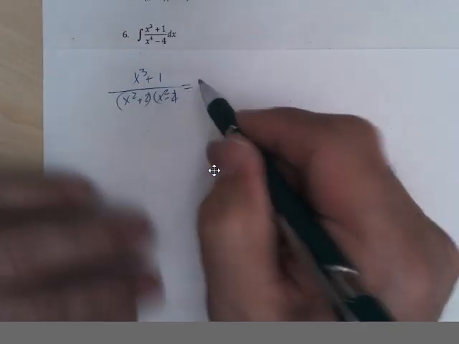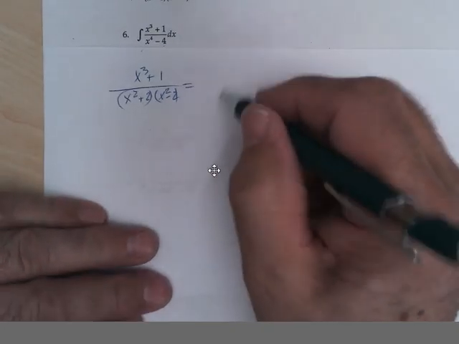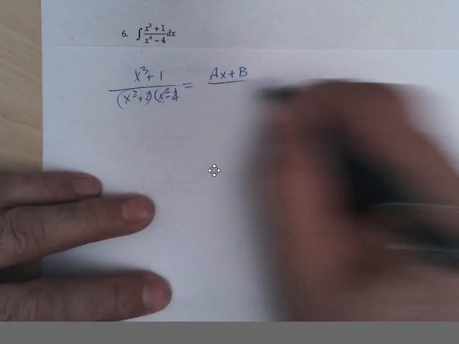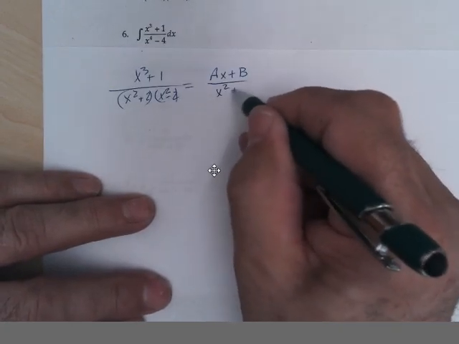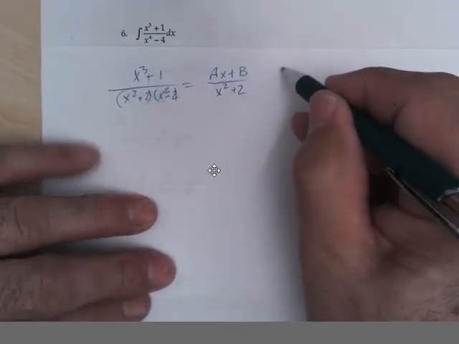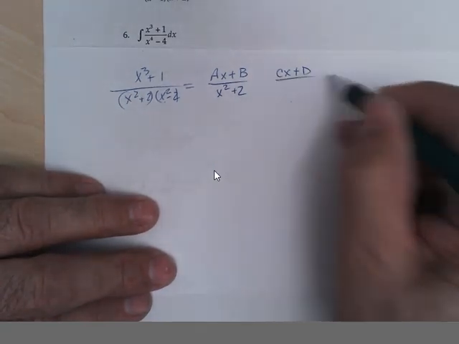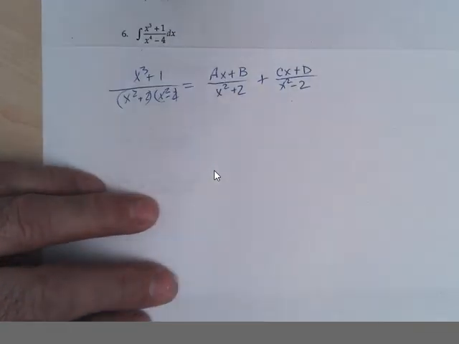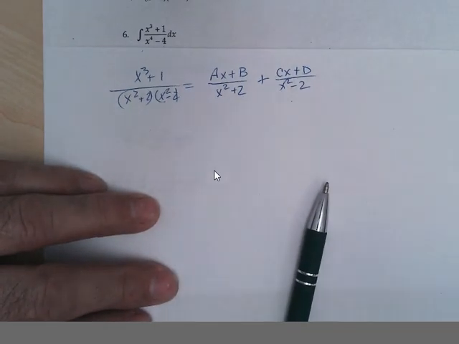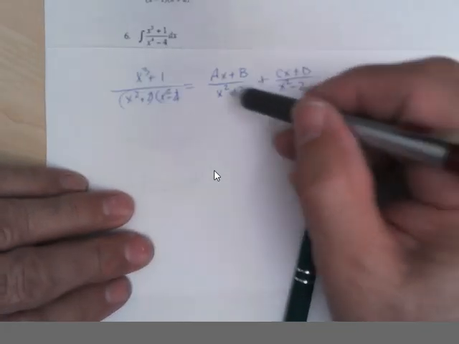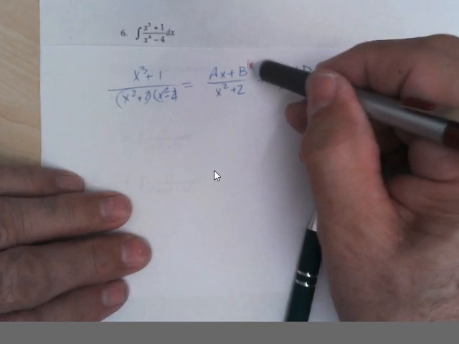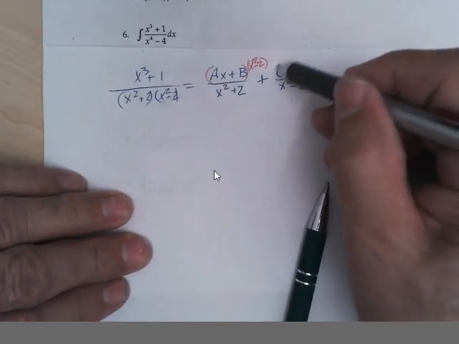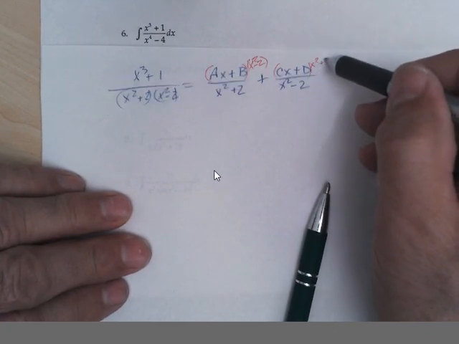And we're going to try to do it with this. Since they're both quadratic factors, we're going to get ax plus b over x squared plus 2, and cx plus d over x squared minus 2. So we're going to need to take the first one times x squared minus 2, and the second one times x squared plus 2,